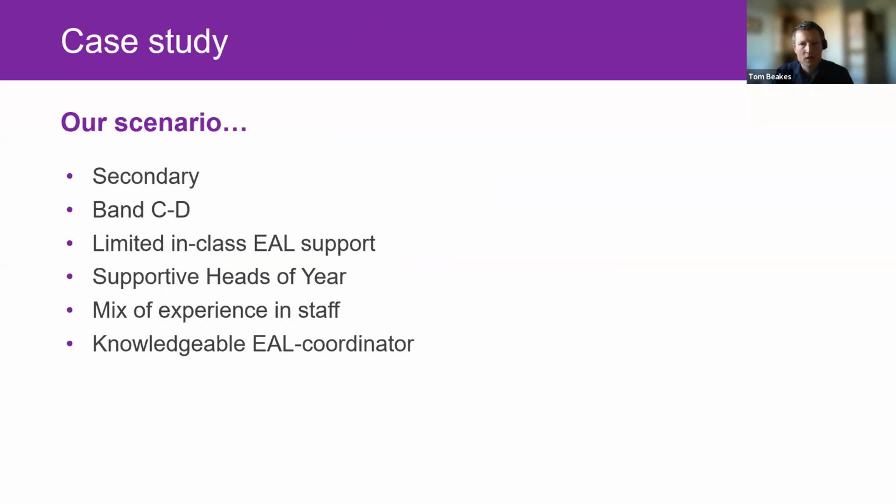So here's our case study, and our scenario is we have a relatively newly opened international school located in East Asia. 90% of the learners are local, and the rest are predominantly users of EAL from other countries in the area. This is a secondary school. Most of the learners are bands C to D, so generally quite a good English proficiency level within the school. There's limited in-class EAL support